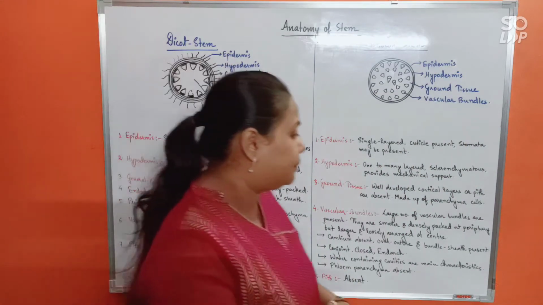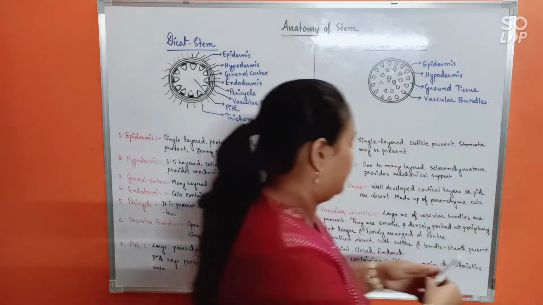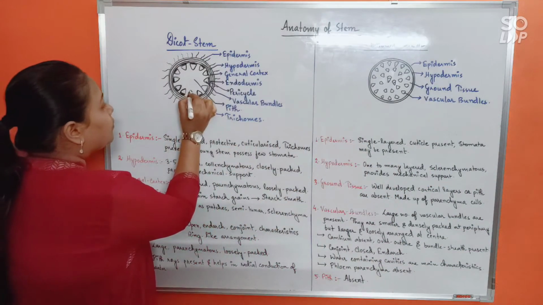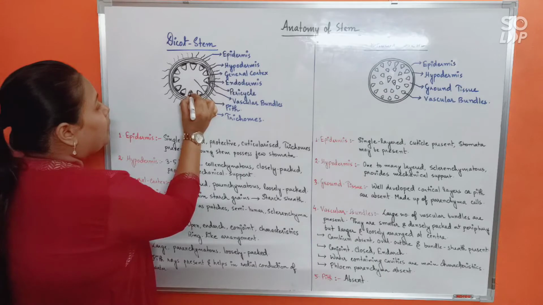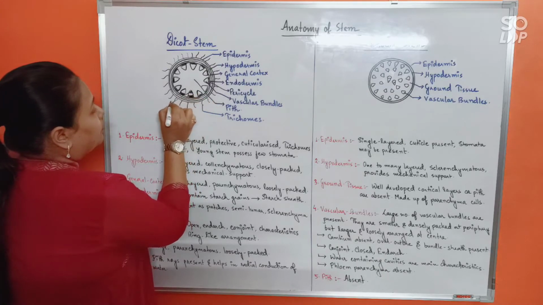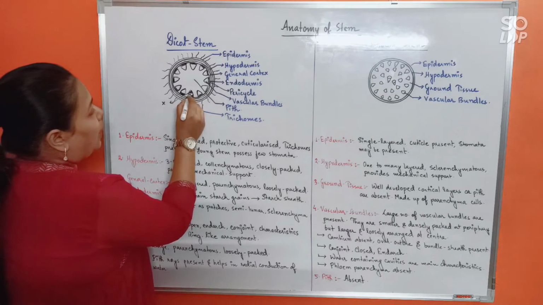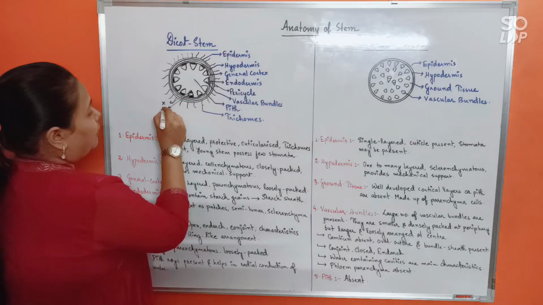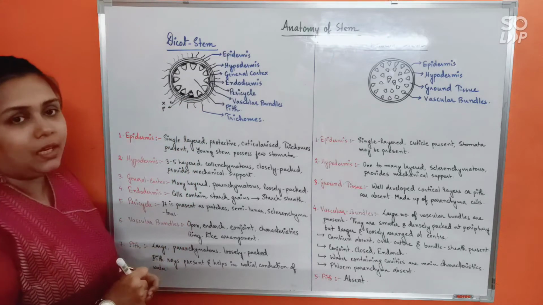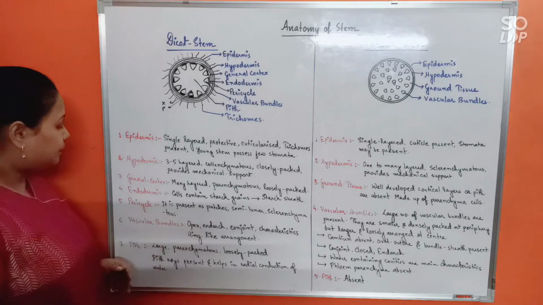Okay, suppose internally this will be xylem and outside, towards the pericycle, will be phloem. That's how it would be arranged. Okay. Now, next,